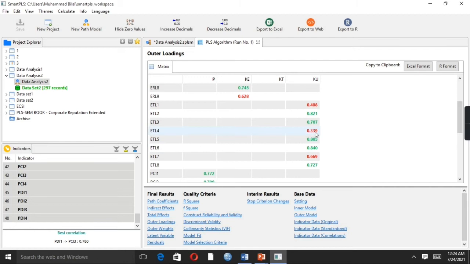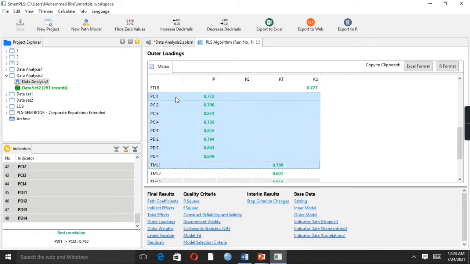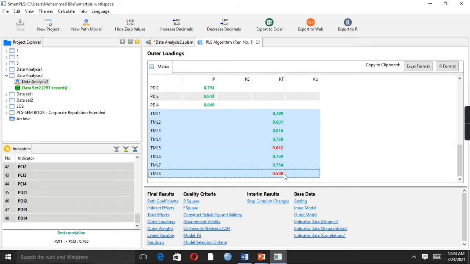The problem is ET4. Similarly, our third variable, innovative performance, the dependent variable, has all values greater than 0.70, within the acceptable limit, so no issue. And have a look at the last variable. Only TM8 has an issue, very near to 0.60. We may retain it, however we will see whether we retain it or not.